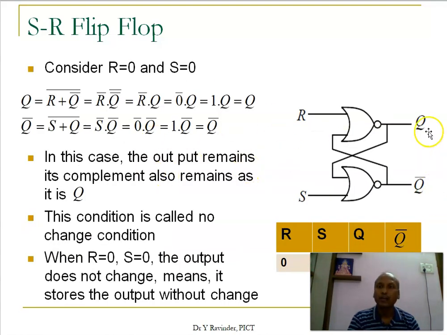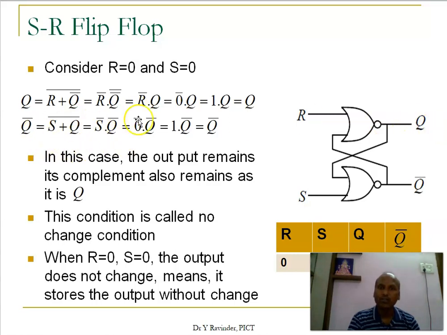Now that can also be understood from our Boolean algebra. So we can call it as Q bar is equal to S plus Q bar, and Q is equal to R plus Q bar, OR gate. So as per our Boolean algebra or De Morgan's principle, it is R bar Q bar bar, right? R bar Q. Now R bar is 0 bar because R is set to 0. 0 bar, it is 1. 1 into Q, this is Q. So whatever is the Q, that will remain same.